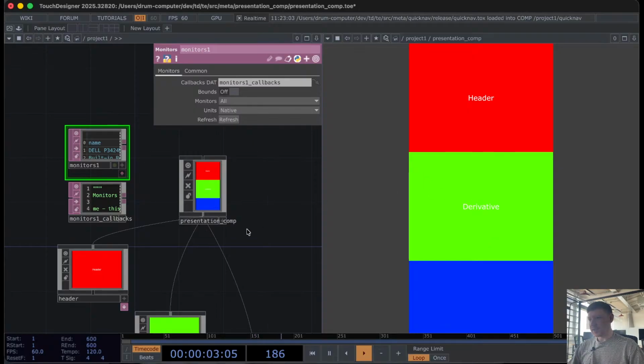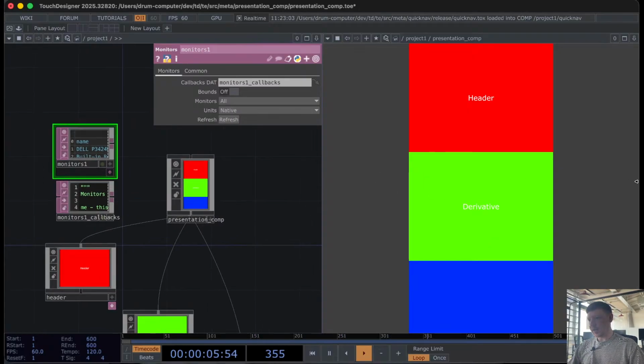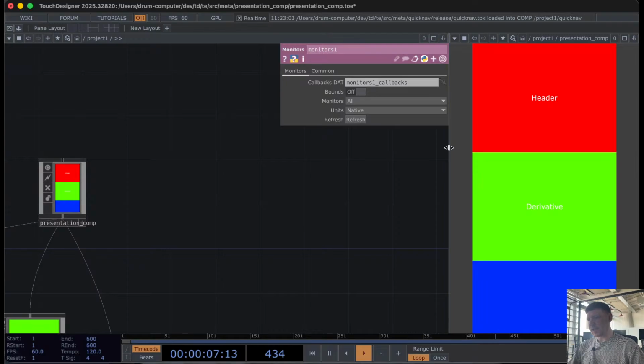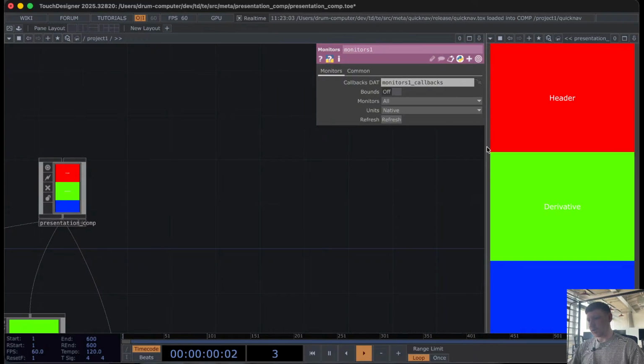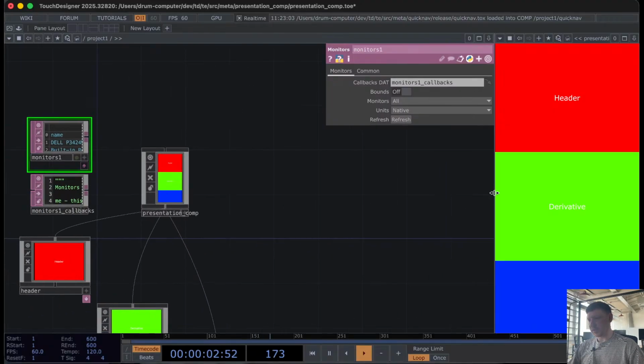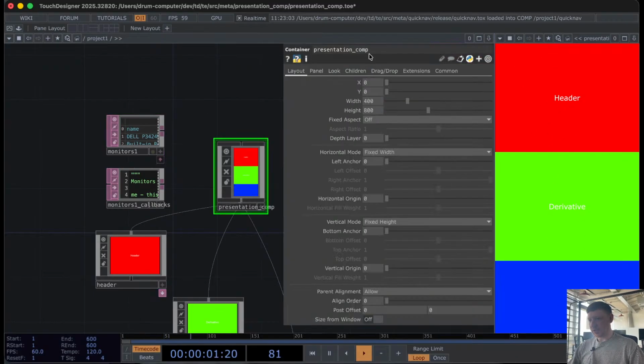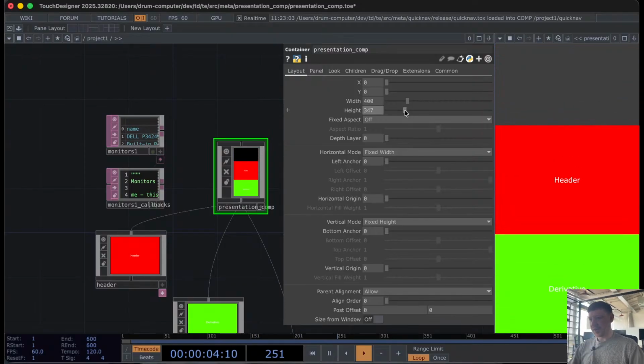So the problem with this is that I want it to be exactly half of the screen, so to take up half of the screen. And to do that, it needs to adapt to this size. So this I can live with. I can manually say that, okay, I will adjust it until this is right side, like this. But how do I determine what height is available here? Because if I say it like, I don't know, 347 pixels,